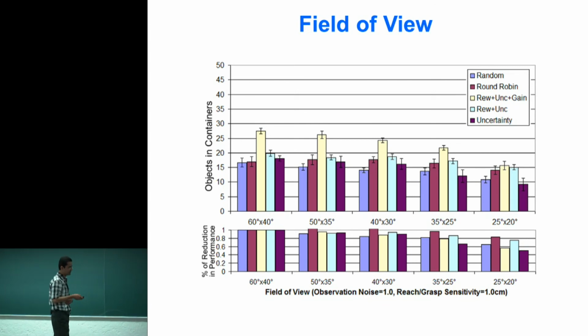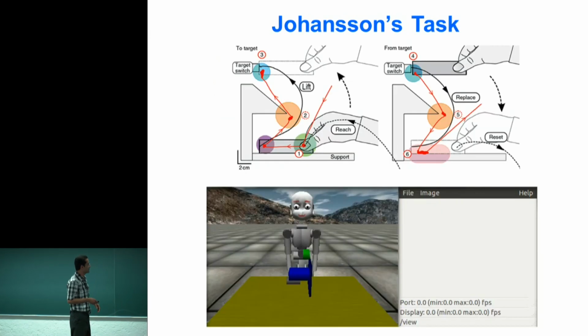We wanted as well, as if you remember, I showed you the biological side of this problem. We had enough time to do another experiment. This is a psychophysical experiment. It's not really about robots, but it's something about how the brain works a little bit. It could be a hypothesis. There has been a lot of work about how the eyes are connected to the movement of the hands and all this.